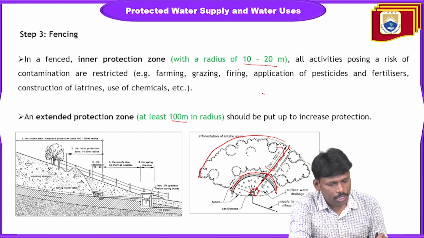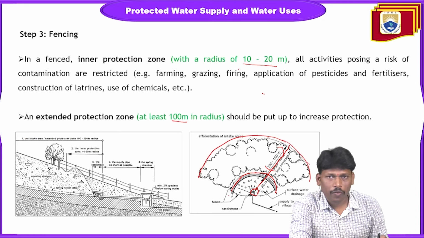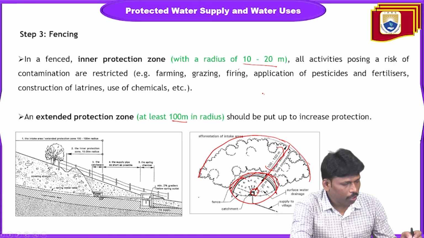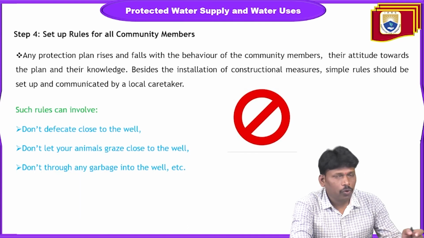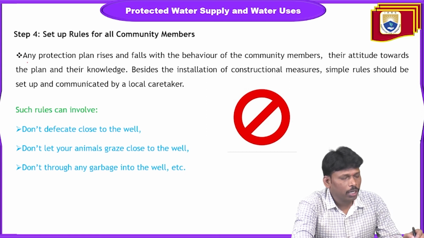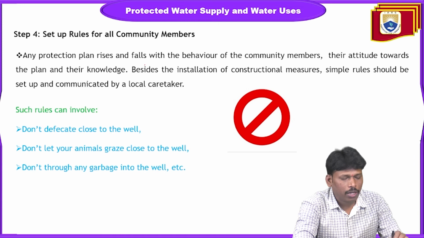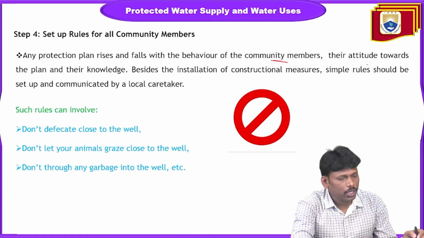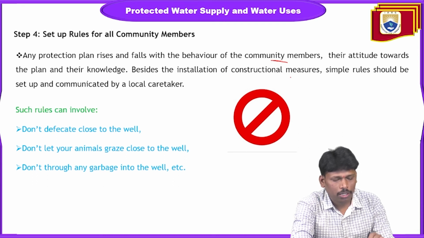There is proper fencing in order to provide protection to our source of water. So then the fourth step is to set up rules for community members. Any protection plan rises and falls with the behavior of the community members, their attitude towards the plan and their knowledge. Besides the installation of the constructional measures, simple rules should be set up and communicated by